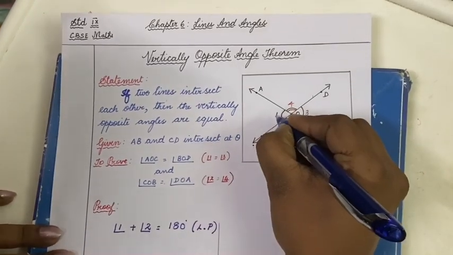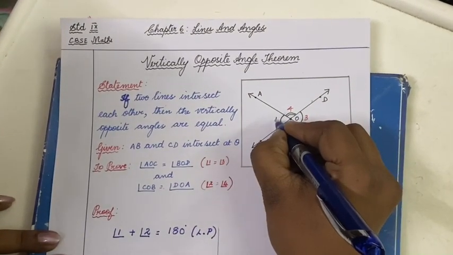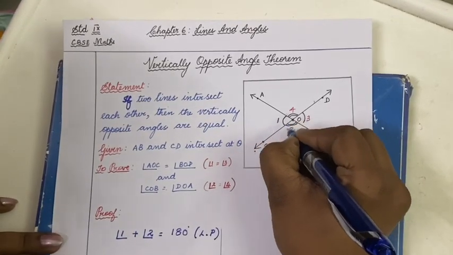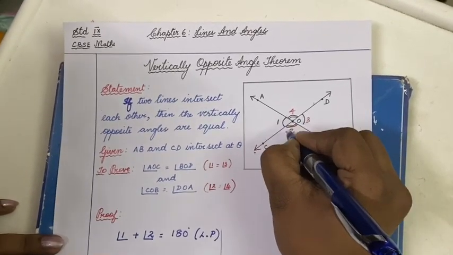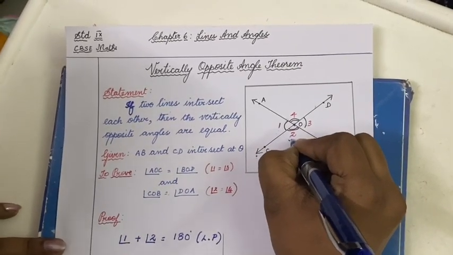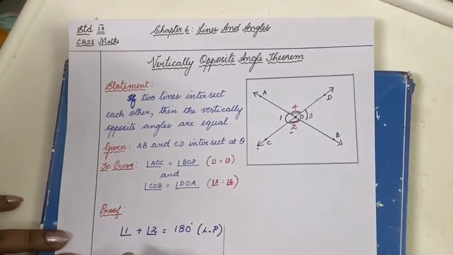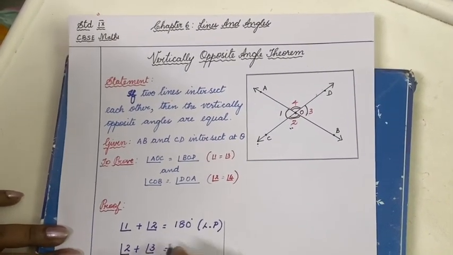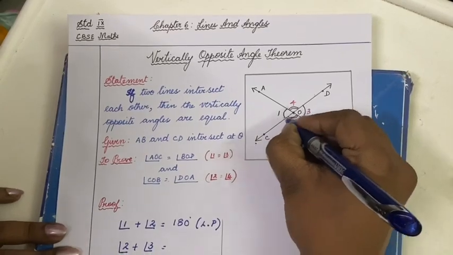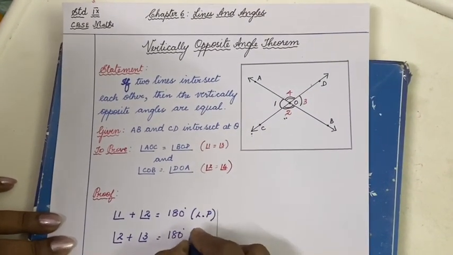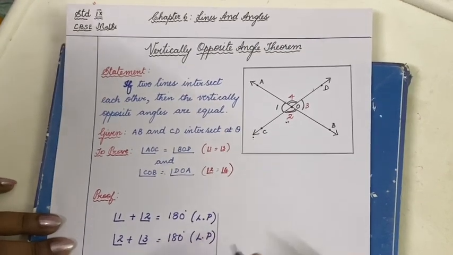Now I'm going to go in an order. So we finished angle 1 and angle 2. Now I'm going to start with angle 2 and angle 3. See, the continuity is very important. Angle 1 plus angle 2 we've already completed. Now you have to start from where you ended: angle 2 plus angle 3. So what can you say about angle 2 and angle 3 taken together? These two are also a linear pair because they make a straight line. So that is also equal to 180 degrees. So that condition is also linear pair.